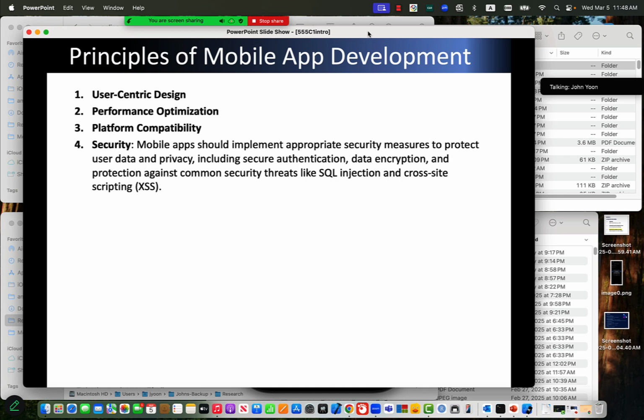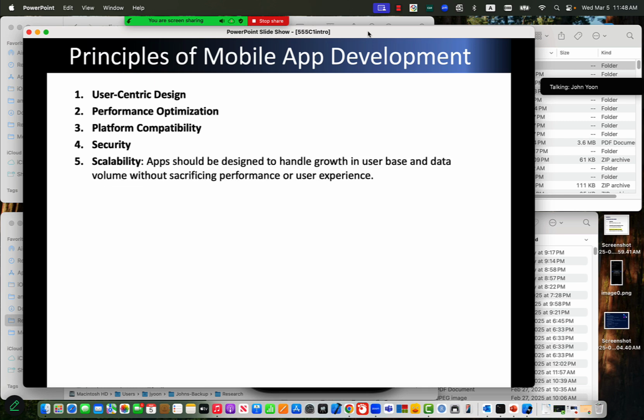Security, of course, is very, very important. And scalability. Apps should be designed to handle growth in user base and data volume without sacrificing performance or user experience. Scalability is a good thing. In this semester, this class, I think maybe 2 weeks from today, we dive into the implementation of